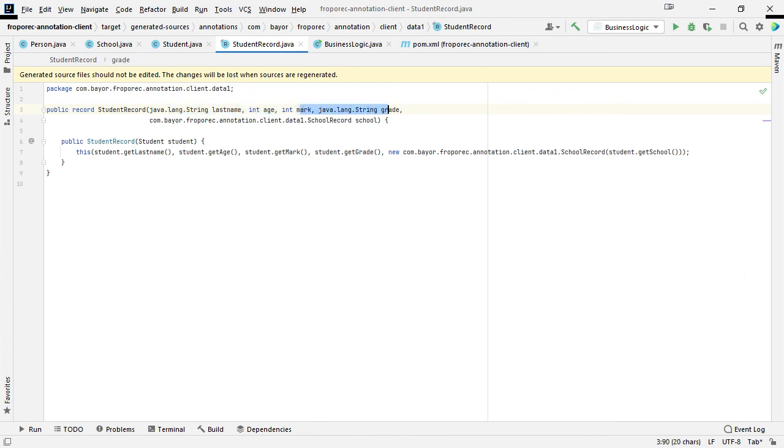Now, besides those, we have the two parameters belonging to the student himself, and the parameter which is another Podio class is now also converted into a record class and now used here as a parameter of the record class generated for students instead of the Podio itself. And same thing here in the canonical constructor. As you can see, we made sure we are instantiating the record class of school, in this case, not school Podio, and passing in the school Podio object here so that it can be made a record and be fully immutable.